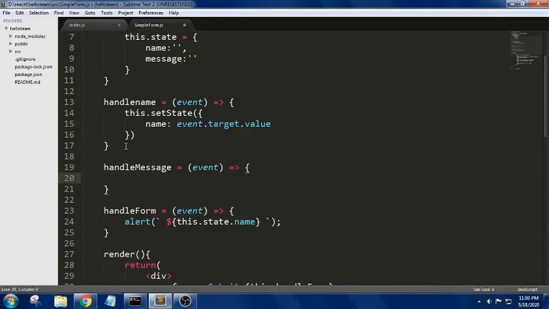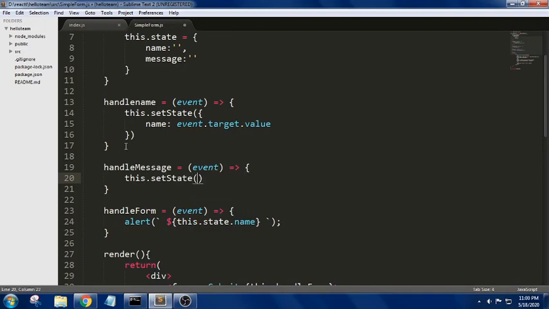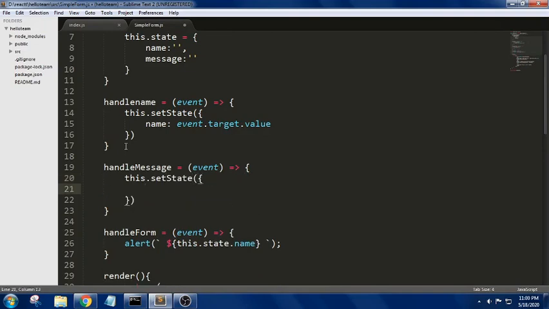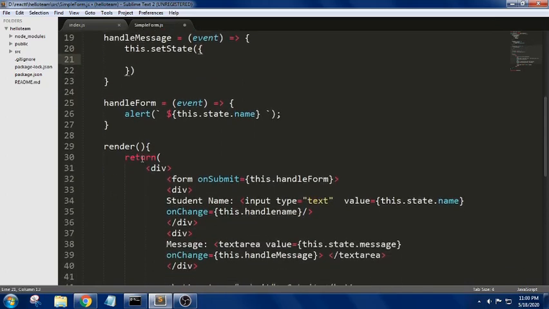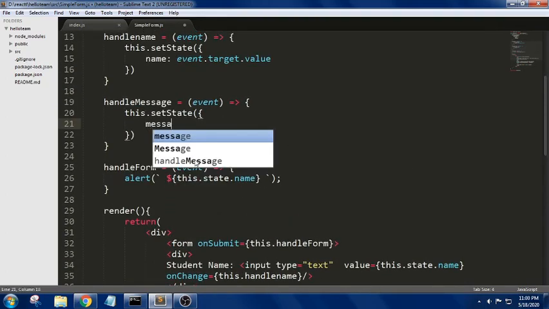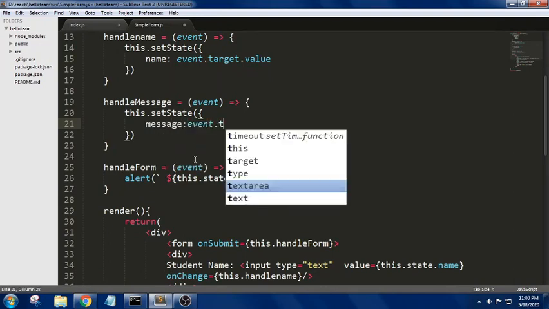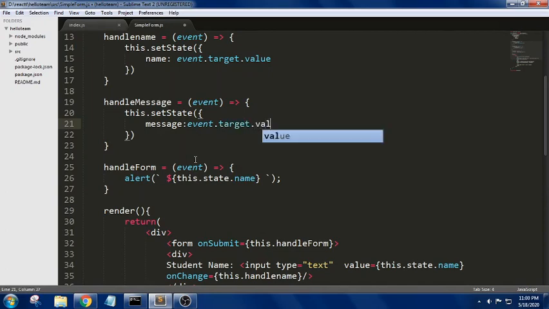In this, we will call this dot setState, passing message, event dot target dot value. This is done.